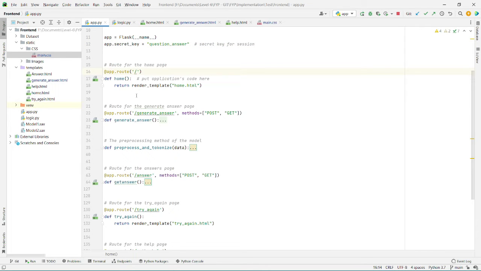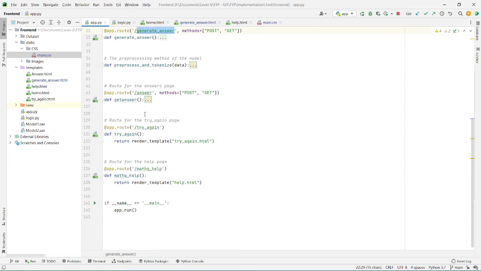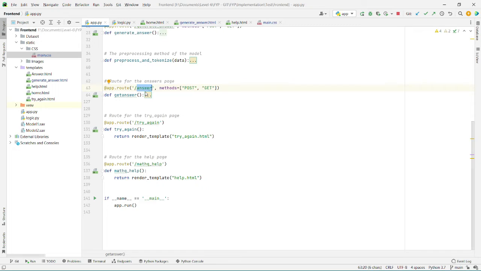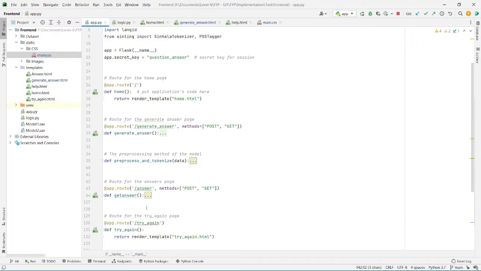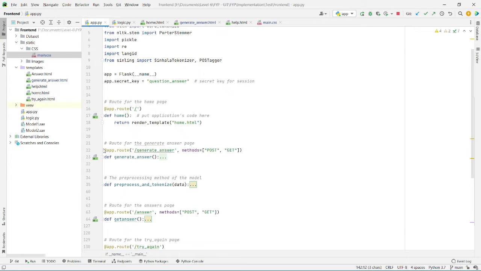This is the home route, and then we have the generate answer, the answer showing page route, and then the try again, MathQ, and this is the run method for the routes. Now we will look into each and every route in the project.